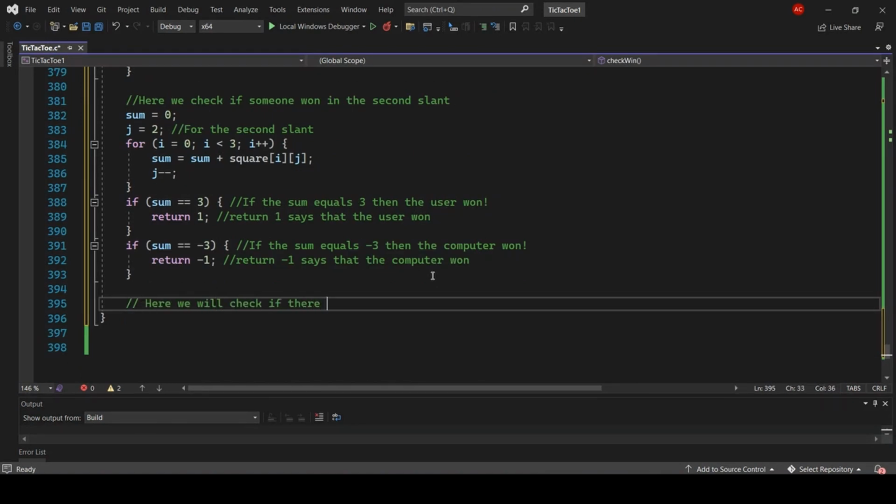Now we will check if there is a draw. If there are no more free slots, then there is a draw and the game is over.